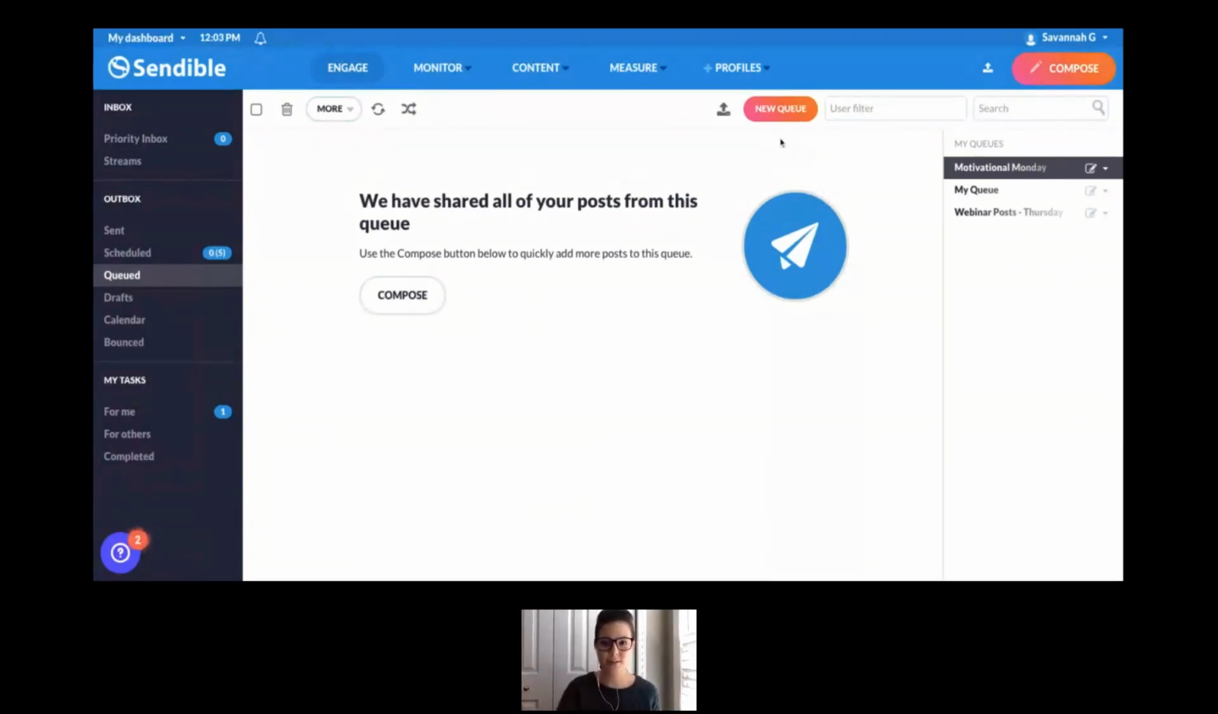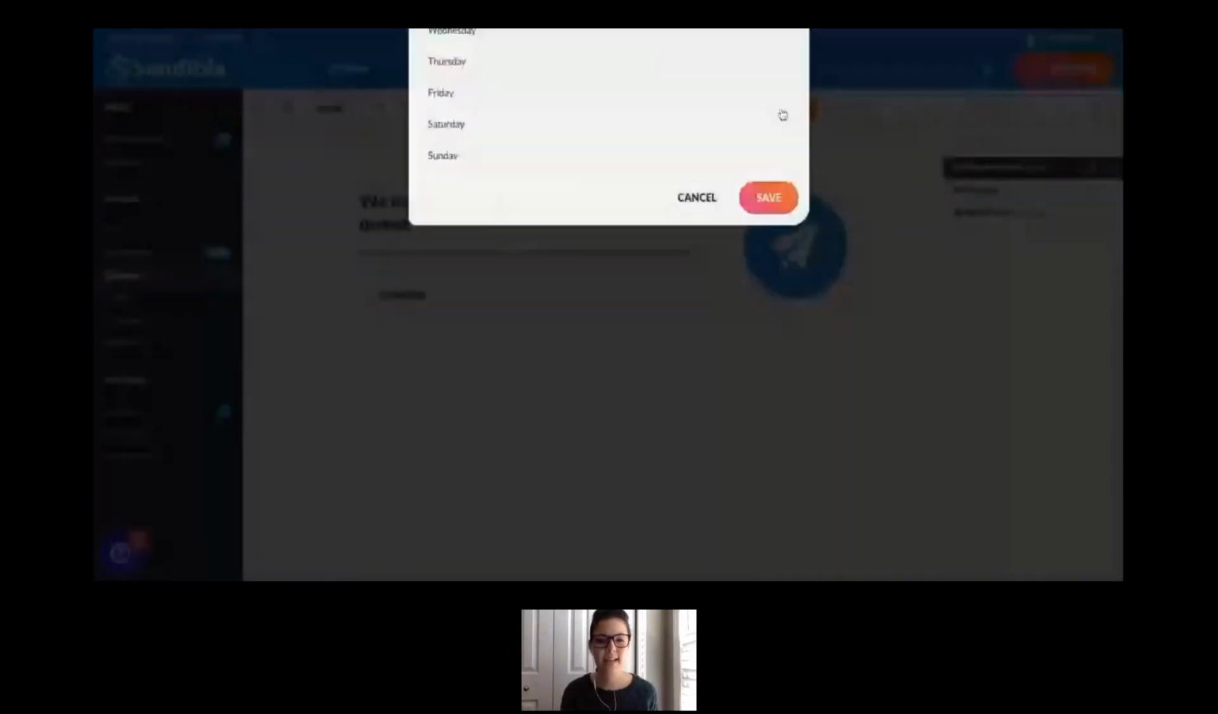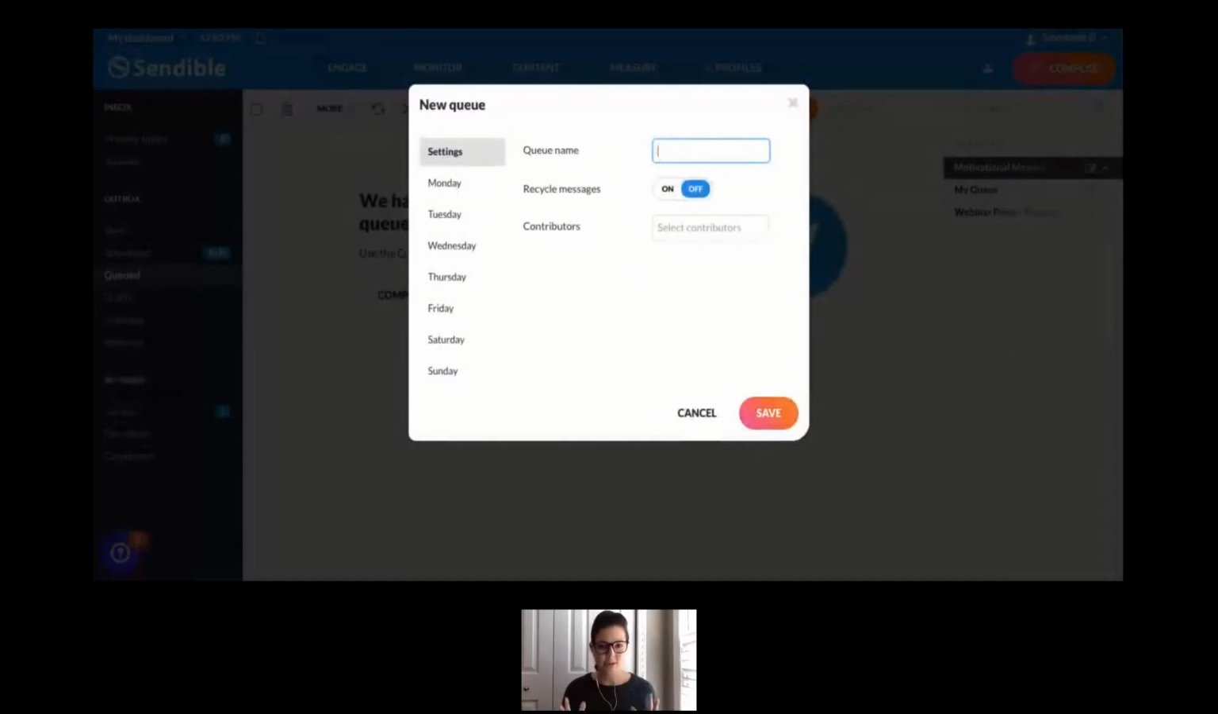All right, so we're going to start with New Queue right here, this little orange button. And I'm going to decide what I want to name it. So I'm going to call this one my Staff Spotlight, because I want to highlight my staff a few times a week. I want to make sure that my social media audience is really getting to know our team. I think that's really important. So